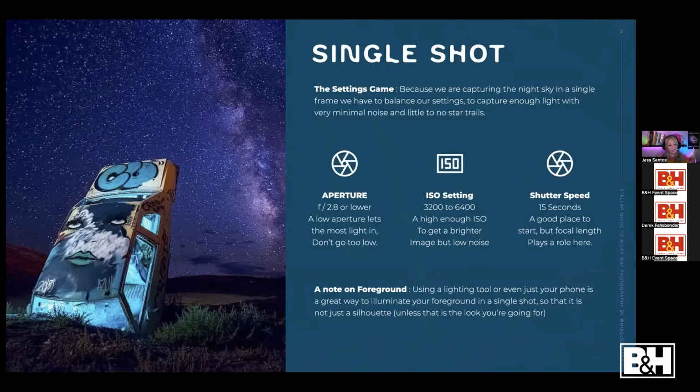So I found after some testing, the best setting for shooting the night sky on the 24 millimeter to get these amazing shots is an aperture of 2.2. This isn't the case for all lenses, because the Sony 14 millimeter, for example, goes down to 1.8, and I can shoot that wide open at 1.8. It's a really great lens to go lower than 2.8. So test it out with your lens, see what it looks like, but we're going to start at about 2.8